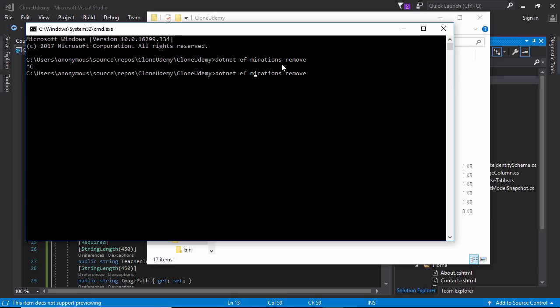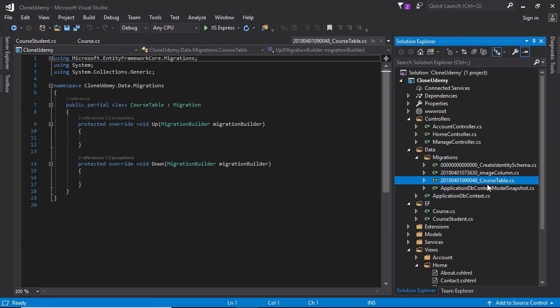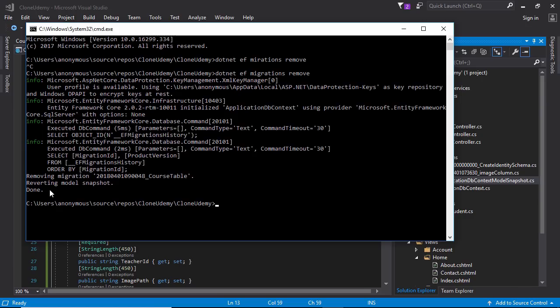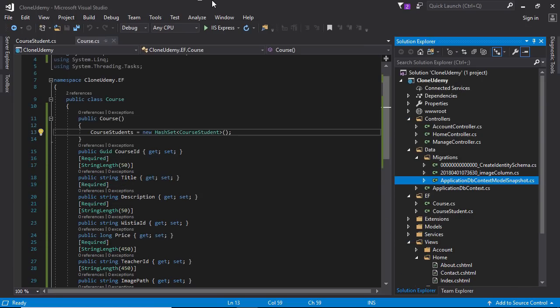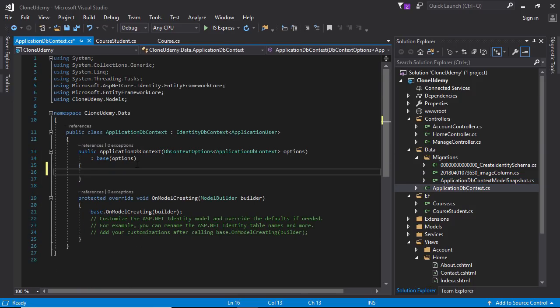Here we are inserting wrong migrations, remove. You will see this information will be gone after entering. This is done. So this is already removed. It takes time to remove. Let's specify the DbSet of our course and course student class. Public,